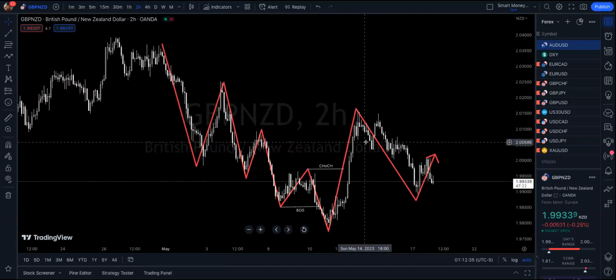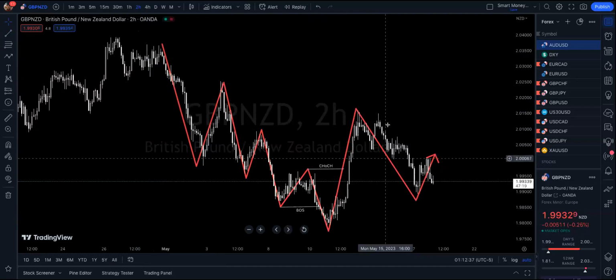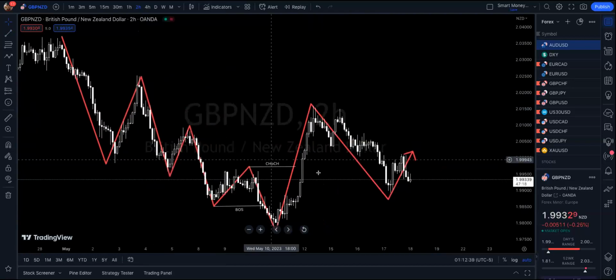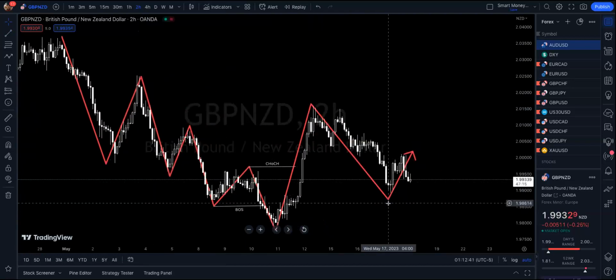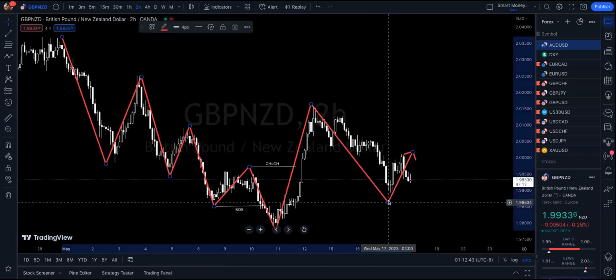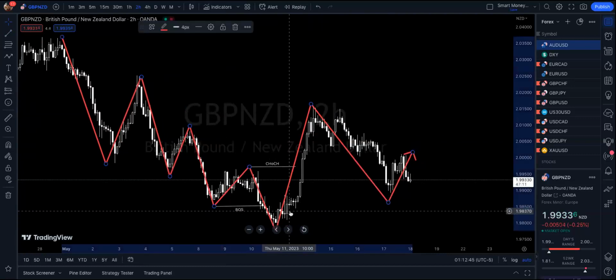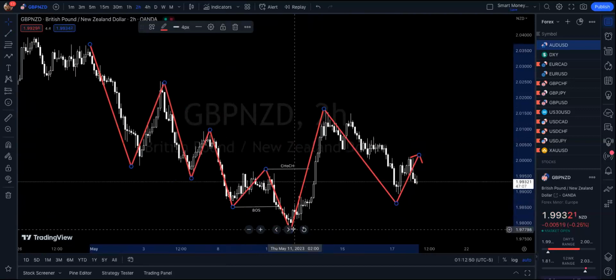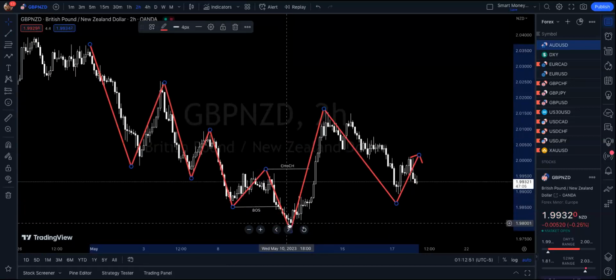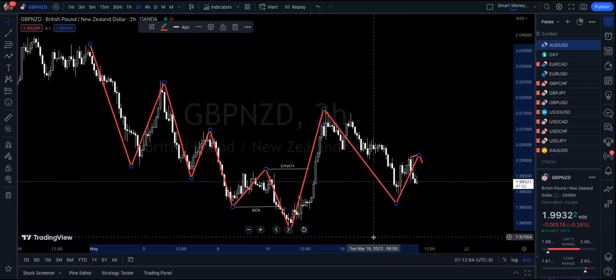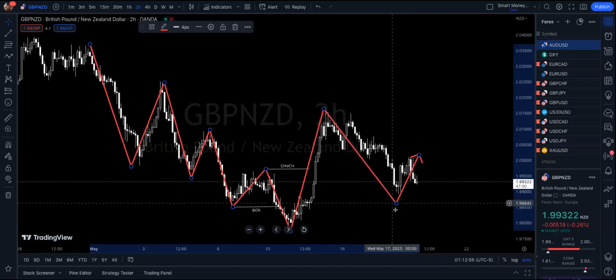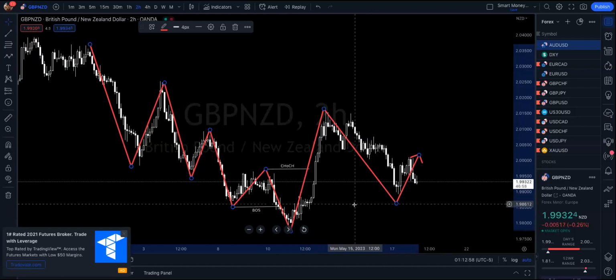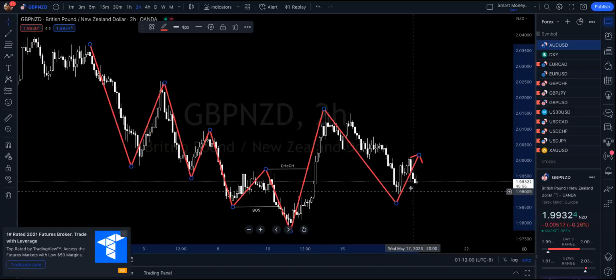Correct. So now, in order for this to be a legit change of character, this next low has to respect this previous low. If it breaks it, then all bets are off. Most likely it's going to continue down. But for now, we can see that perhaps it may be